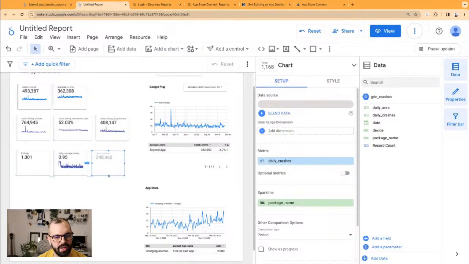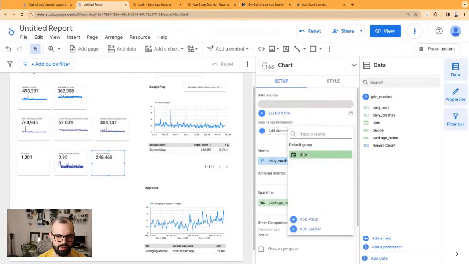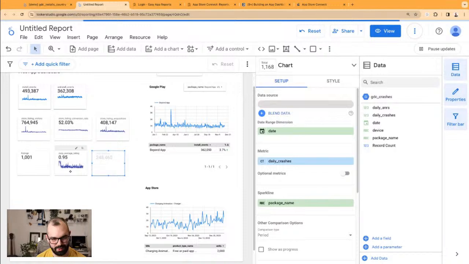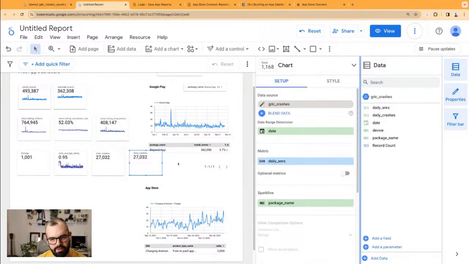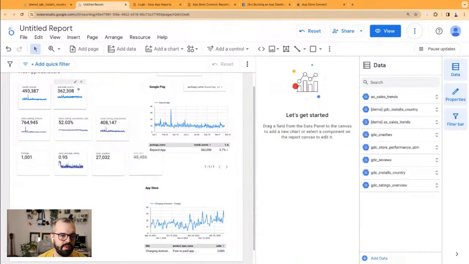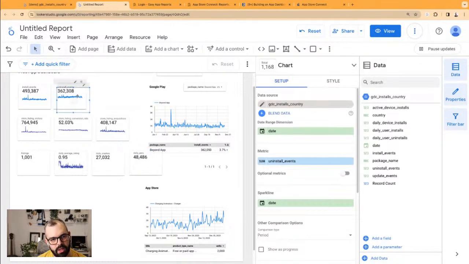So I had 248,000 crashes. So that's why my ratings are so low. I'm having way too many crashes. Cool. Okay. Then I'm also going to do the same to get the ANRs, and then it's done. We have all the metrics. I think we're missing the active